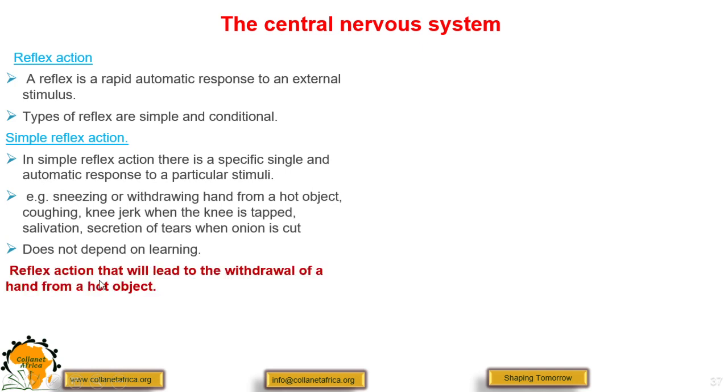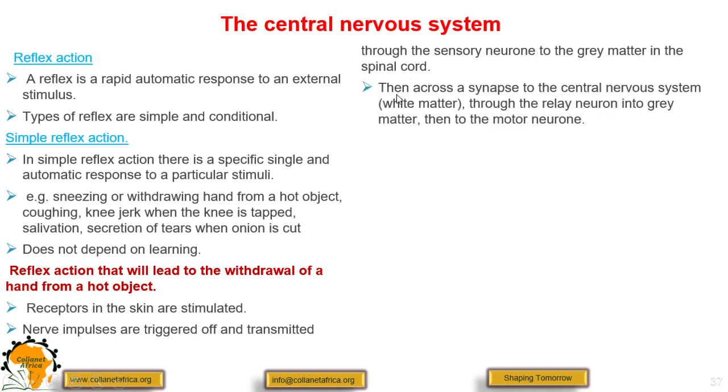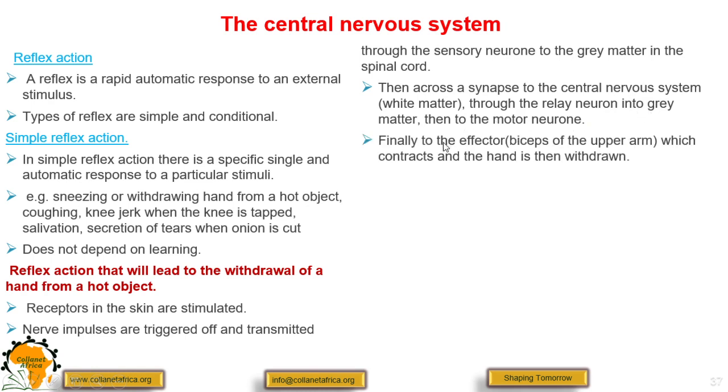Now let us consider a reflex action that leads to withdrawal of a hand from a hot object. First, the receptors in the skin are stimulated. The nerve impulses are triggered and transmitted through the sensory neuron to the gray matter in the spinal cord. Then from the gray matter, across a synapse to the white matter, through the relay neuron in the gray matter, then to the motor neuron. From there, the effector organs, the biceps of the upper arm, contract, and then the hand is withdrawn from